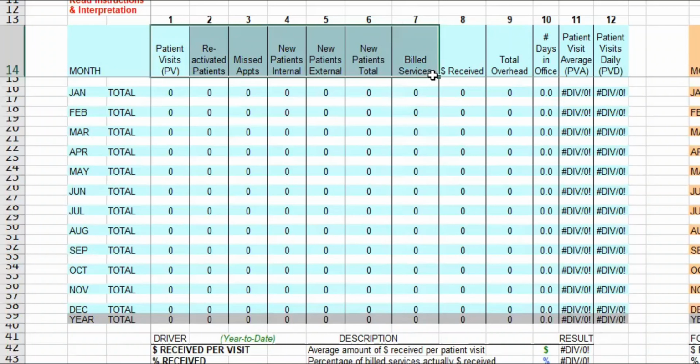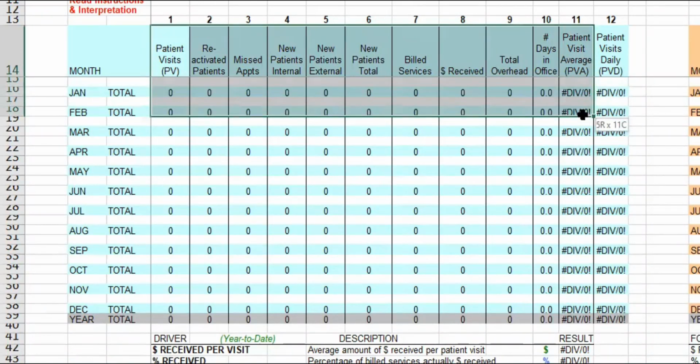What was our billed services, money received? What was our total overhead? How many days were we in the office? Was it half shift? Was it one shift, half day, or was it a full day? It'll then figure out for you your retention or your patient visit average, and then it will show you the